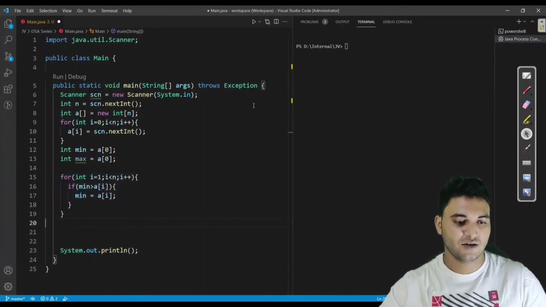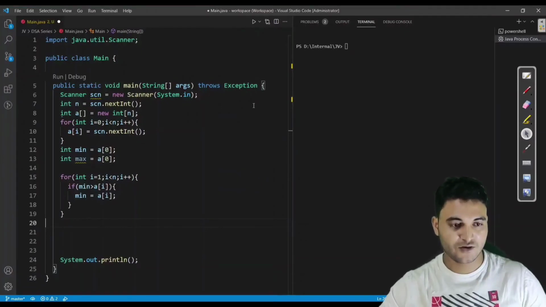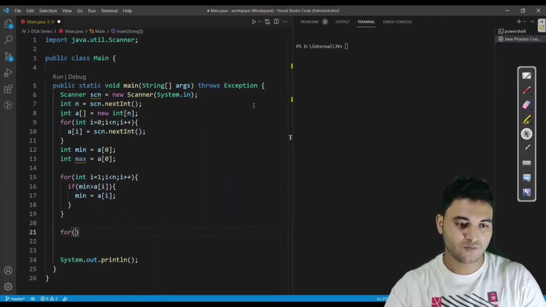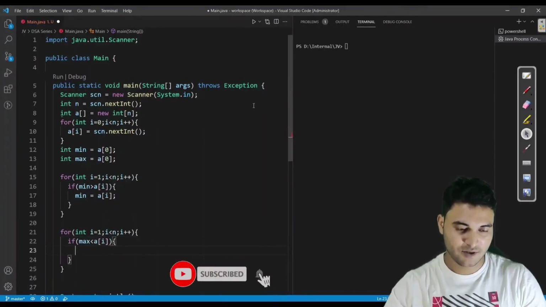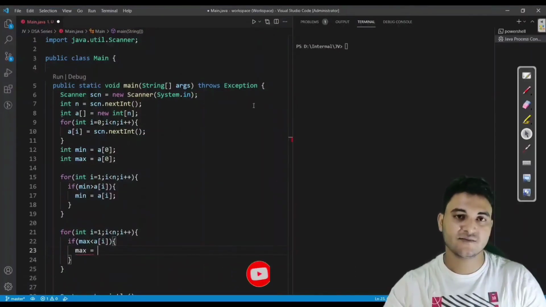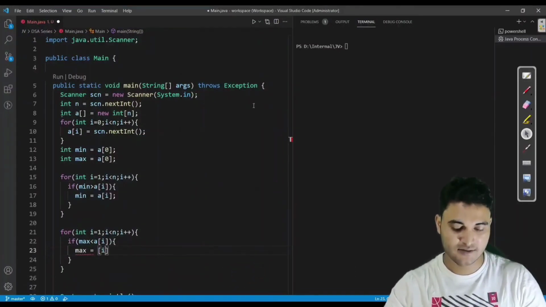And for getting the maximum, we write a loop from int i equal to 1 to n. Now we check if max is less than a of i, that means the current number is greater than the max, then we have to update the max.